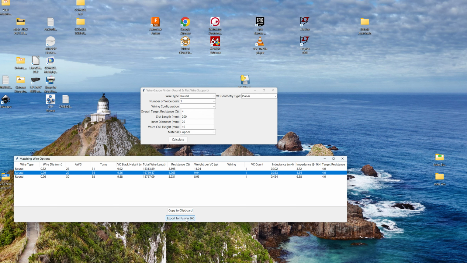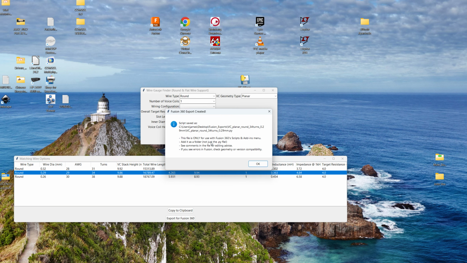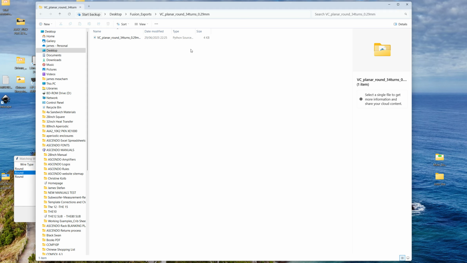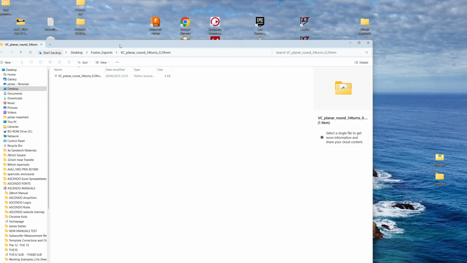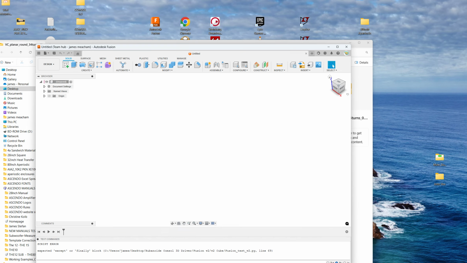Anyway, the trick with this though is, when I do work in Fusion, you have to generally draw the voice coil. So what I've done is I've actually worked out how to draw it based on this. So if I click export, it tells me it's being exported, and opens up the folder where it's exported the file. So if I open up Fusion, and if I go